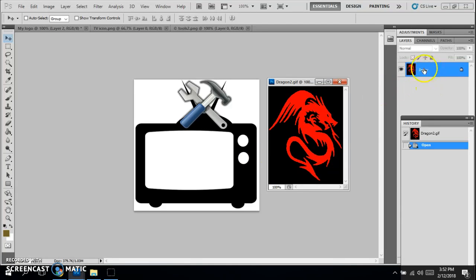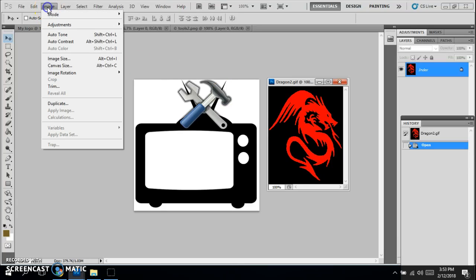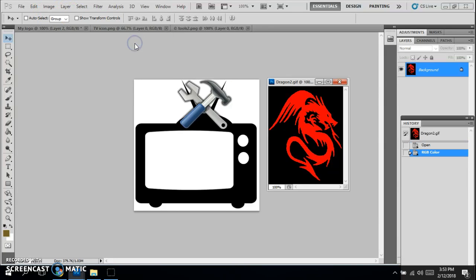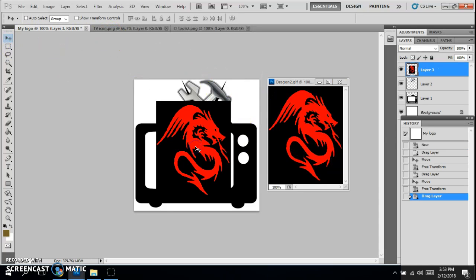And you'll see next to the layer name, it'll say index, or it might say actual index right next to the name of the file itself. So to change that so you can use it in your project, you're going to go up to the top and select Image here, off to the left. Go to Mode, and just switch it to RGB Color. That's the standard we'll use for all of our projects. And that way it'll unlock the image for you, and then you can successfully move it over here on the